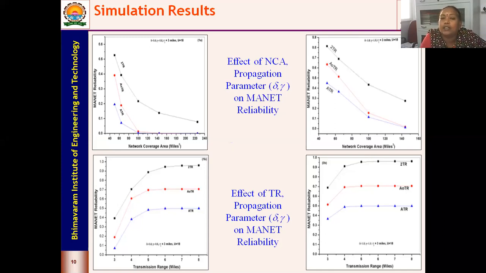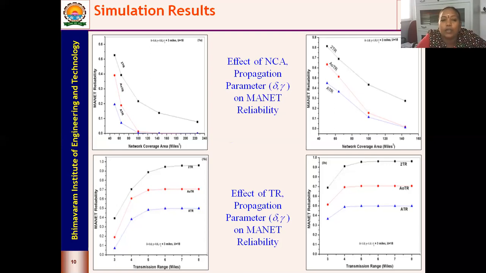So you see the difference in these 2. If it is a binary model, you have a good reliability. When you have a propagation model, the reliability reduces, but still your network is functioning. But which is the best suitable model? When we consider the binary model, it means that we are not considering the randomness in the signal, but in reality, there will be more randomness in the signal. So to match the reality of the conditions, we go for the propagation model, and we see that though there is a randomness in the signal, your reliability is still good.